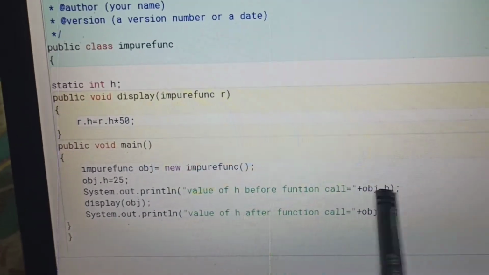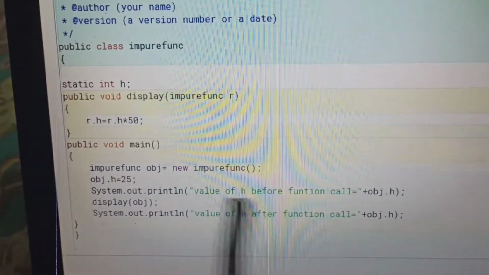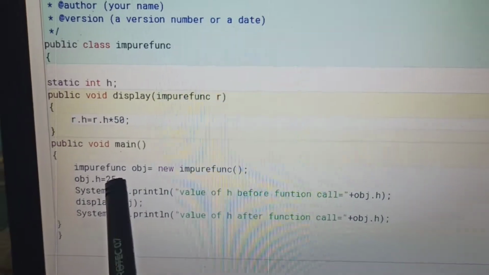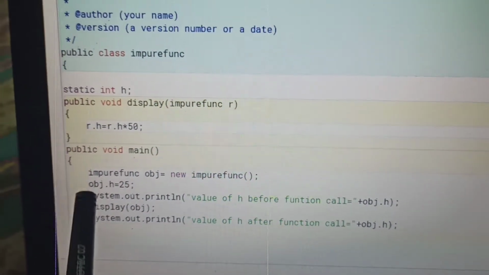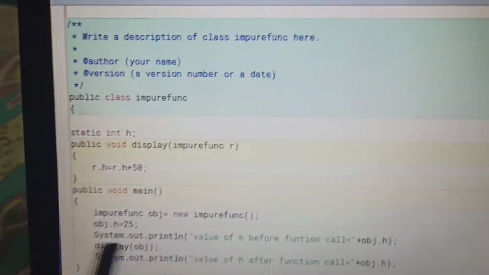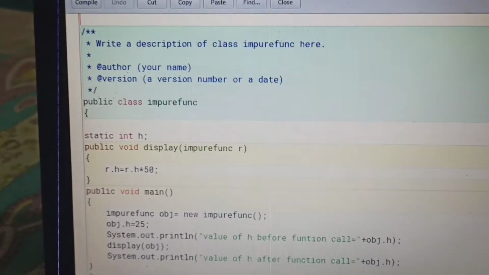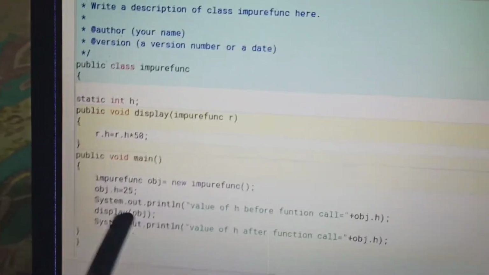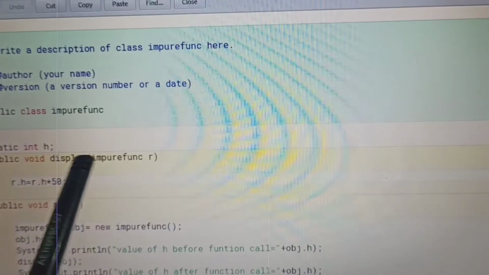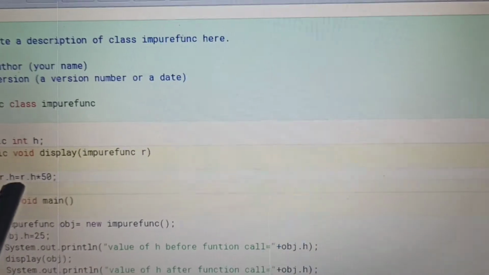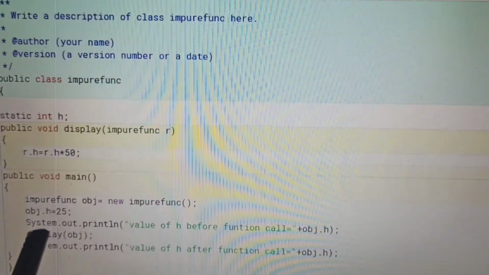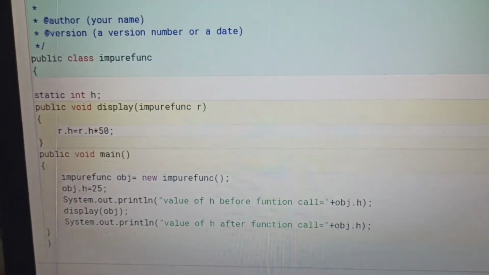Now it will display with SOPLN the value of h, and after that the display method is called with the object of that class, passing the object obj with 25 to the function's object R. The change made for object R is automatically reflected in obj.